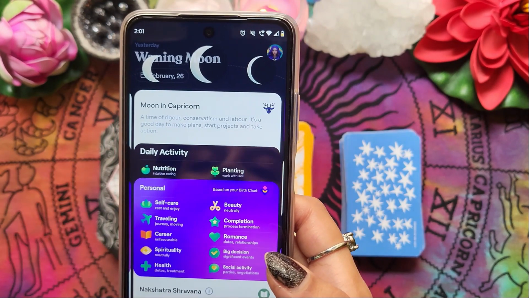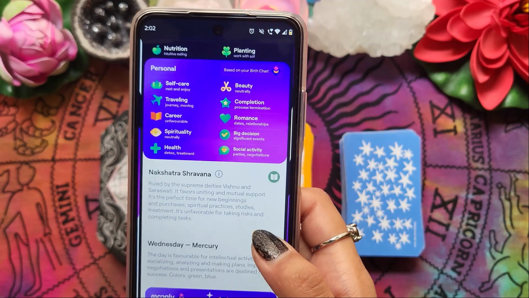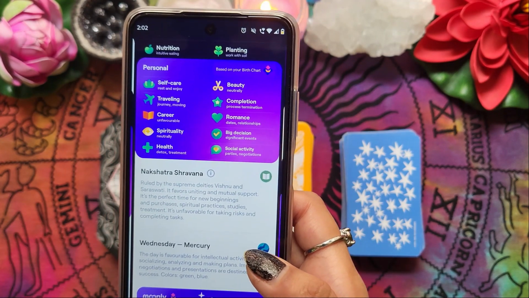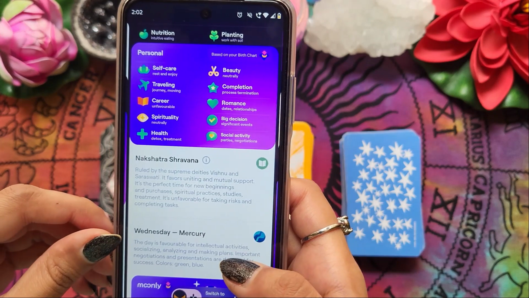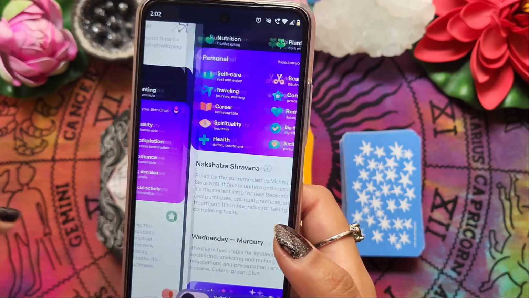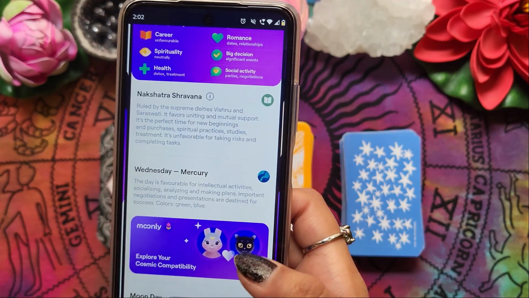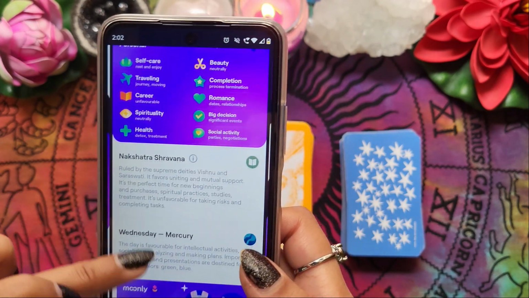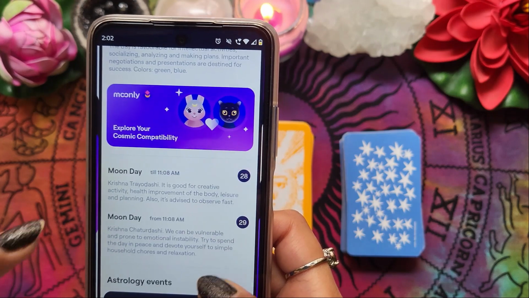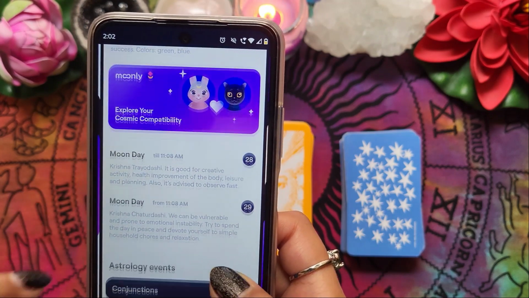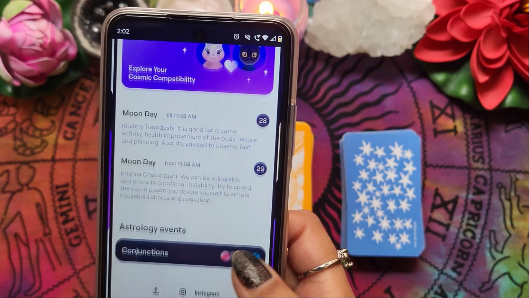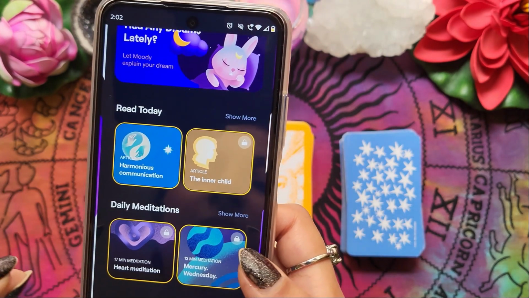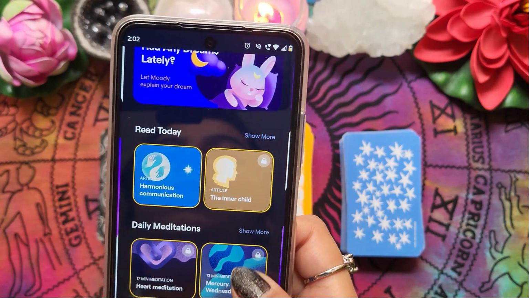So we see here lots of different information. We see moon is in Capricorn. We have the nakshatra for the day, Shravana. It's a great day to listen more, speak less, and listen more. It's Wednesday as well, day of Mercury. So great day for planting. It says right here because Mercury is connected with planting. We have the moon day, all these things. They've mentioned the Tithi also, conjunctions, lots of resources and specific meditations based on the day itself it offers.